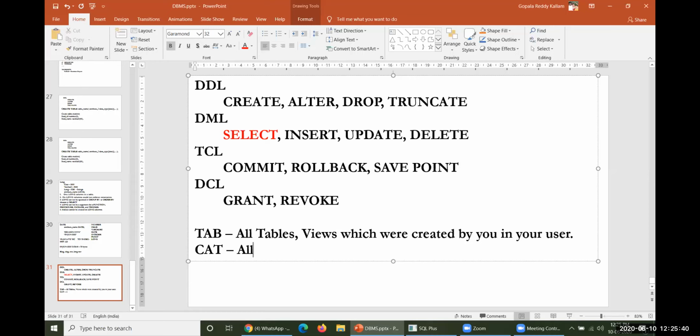How many number of objects so far you have? All kinds of objects which were created by you so far. After you enter into this particular user, how many objects you have created, and what kind of object it might be, either a table, view, synonym, sequence, role, as many number of objects.